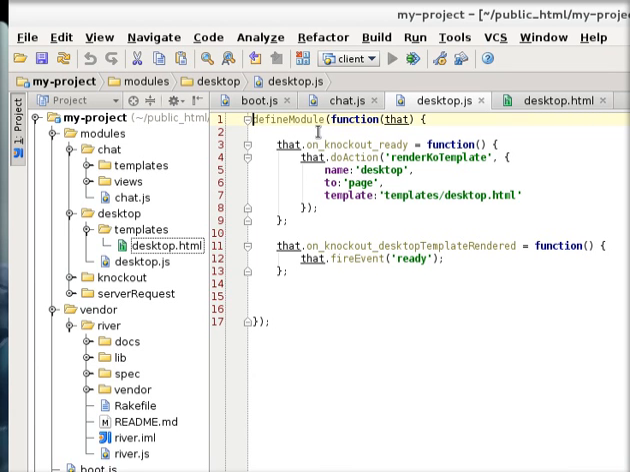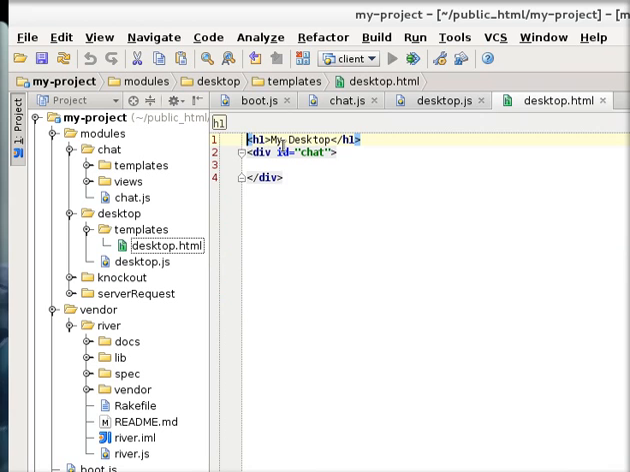So I've created a desktop module here that listens to the knockout ready, and when knockout ready is fired, it renders a template, this desktop HTML template, and then renders it to page. And when it is rendered, this waits for it to be rendered, then it fires a desktop ready event. So my desktop HTML is very simple. I just have a header that says my desktop, and I've got a div where I want to put my